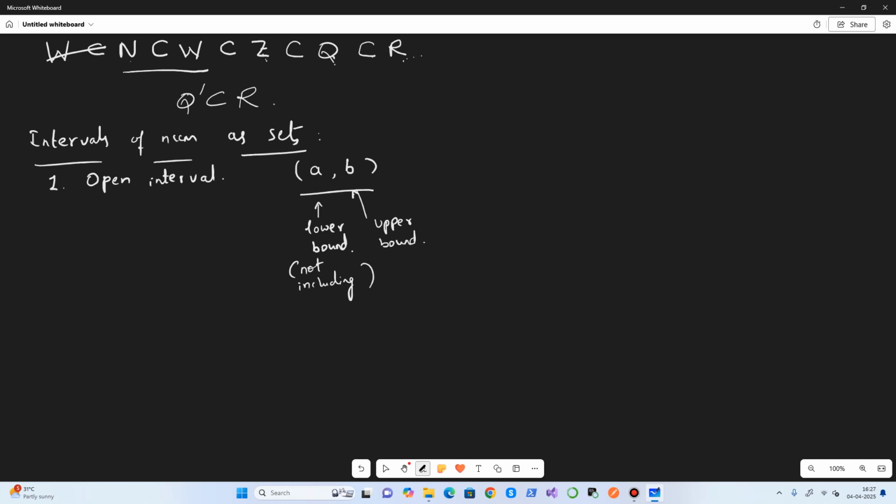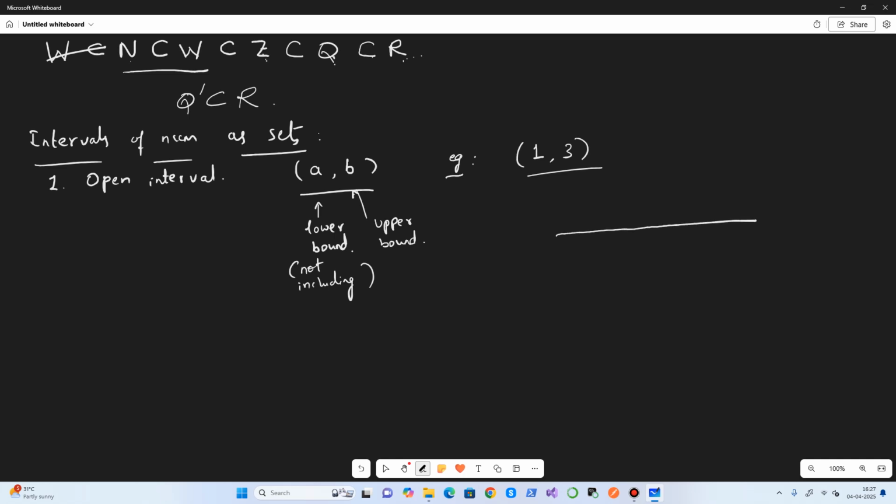Say for example, my set is an open interval. Assume that it is a real number set from 1 to 3. How do we represent that on the number line?